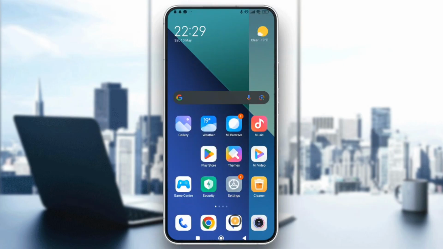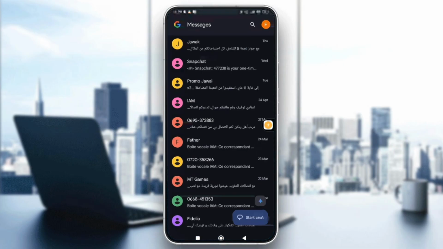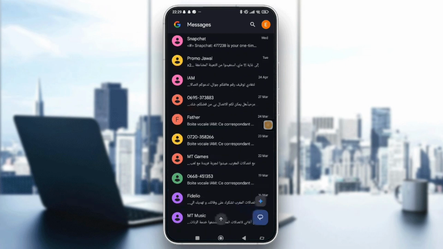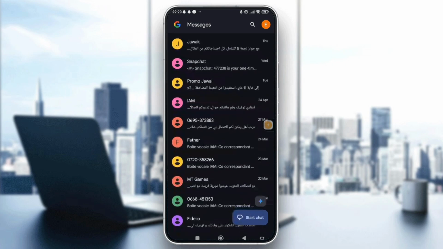So once you update your app, or you found out that you have the latest version, I want you to get through your app by tapping on it, and then here choose the conversation that you want to make that text or that message as an important message in Google Messages. So let's just get through that conversation or any other conversation. All right, and then